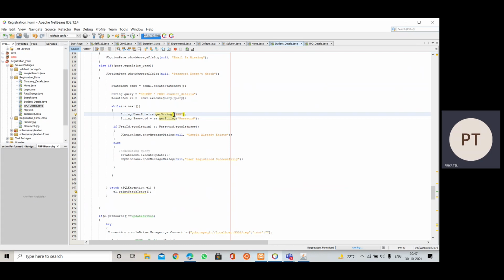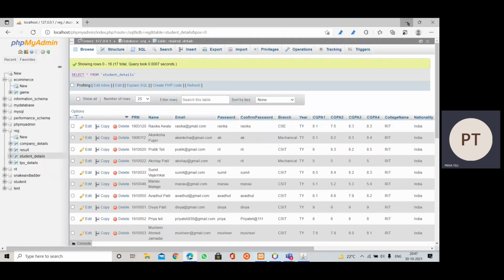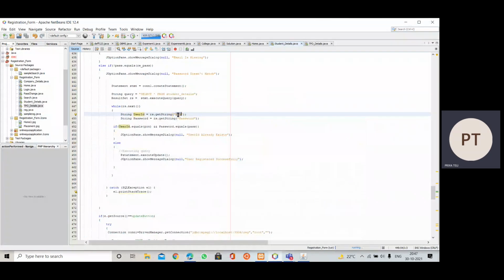So we need to get the text from the PRN column, or optionally we can also get the text from the password column, but PRN is the important one. The column name should be mentioned as it is inside the quotes, as we have here. So we have the PRN column, password column. We are not giving any new name, we are just giving the name which is there in the table. We are using the getString method to get the value inserted in that column for that row.